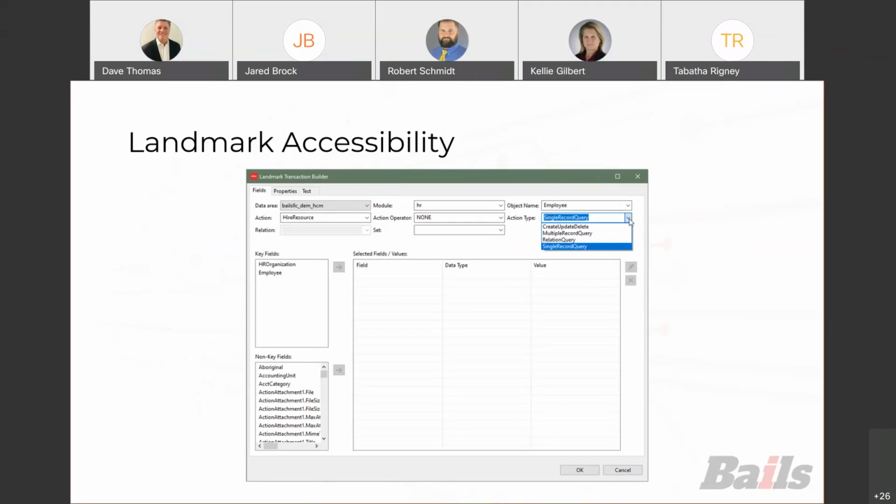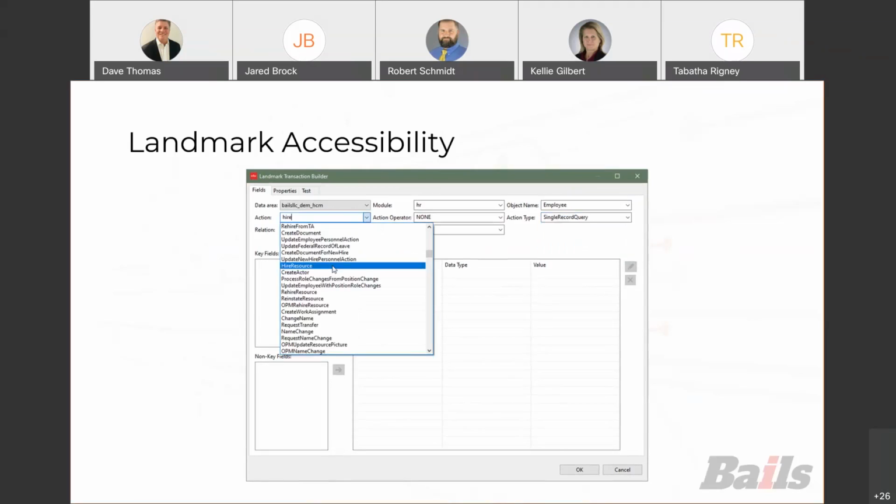Yeah, and I think it's worth talking about that find again, because when I was first exposed to IPA and this new model for transacting data in Landmark, it took me a while to figure out how I'm supposed to just query data. In old Lawson S3, that's really straightforward because the data model is really straightforward. I basically have a query node, I plug in the table that I want to pull from, and I plug in the fields that I want, and voila. But because this new data model in Landmark is so much different,